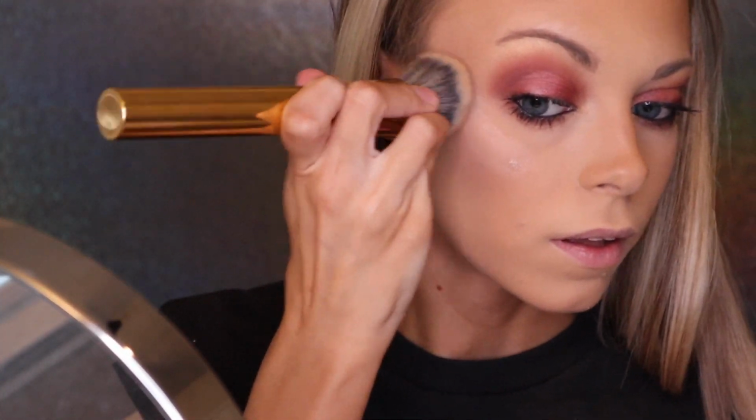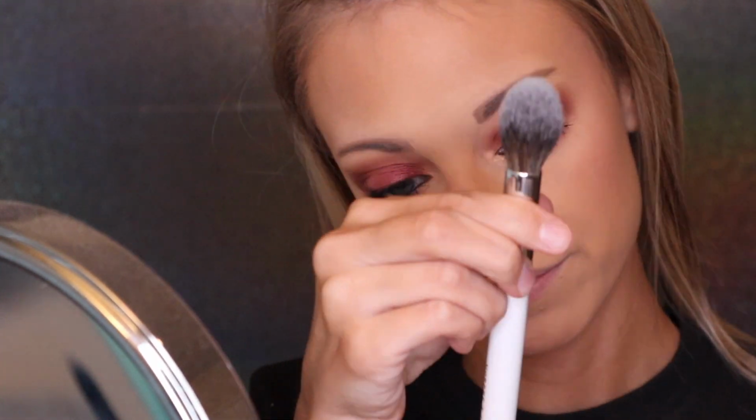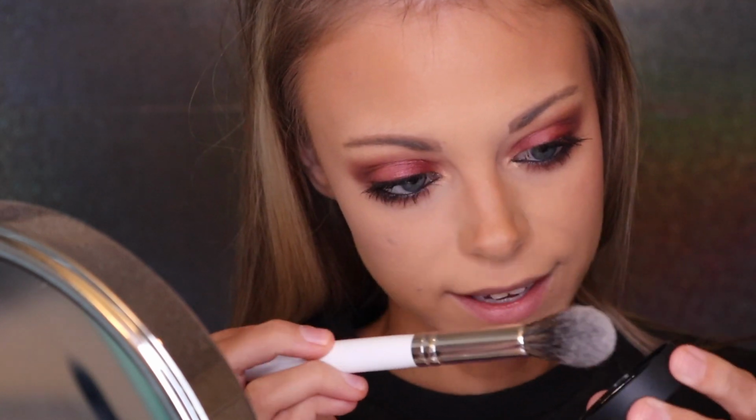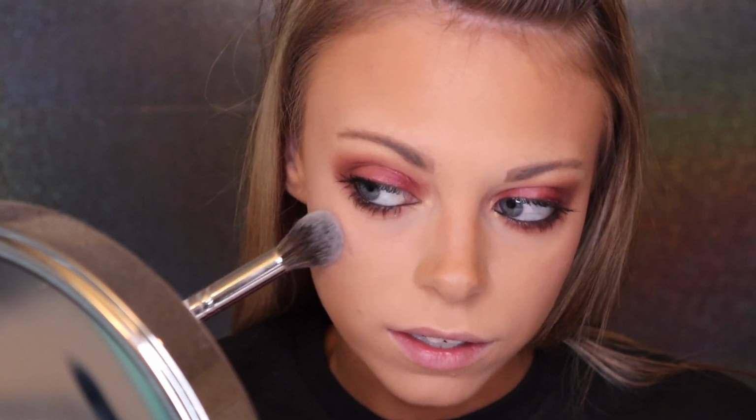Probably should have avoided that. Okay, here's what I'm gonna do. Uh-oh. Okay, maybe I can take this on a brush. I'm gonna test this out. I'm gonna take this on my Morphe Jacqueline, whatever this brush is, and I'm gonna tap in here, see if I can scrape it off, and then,